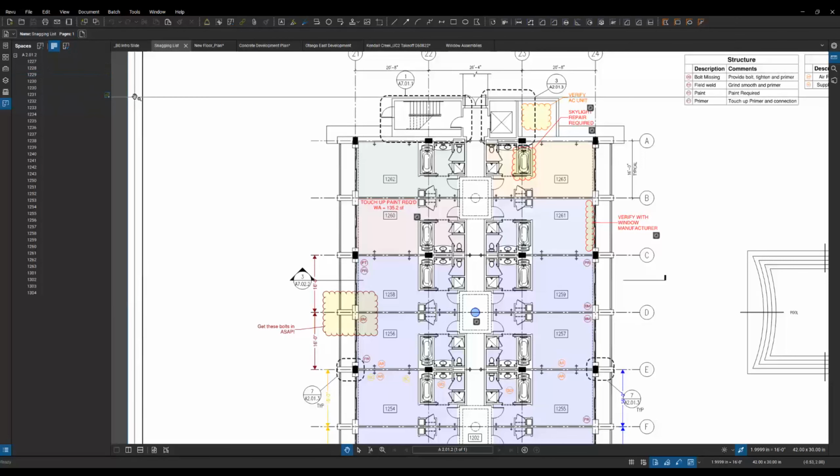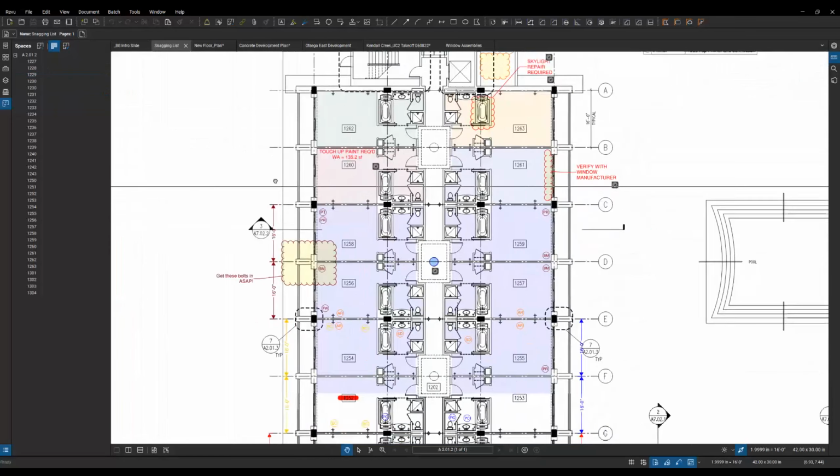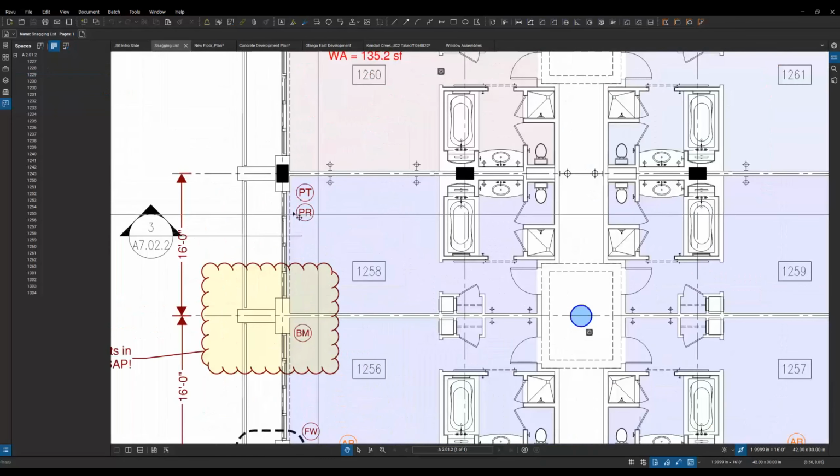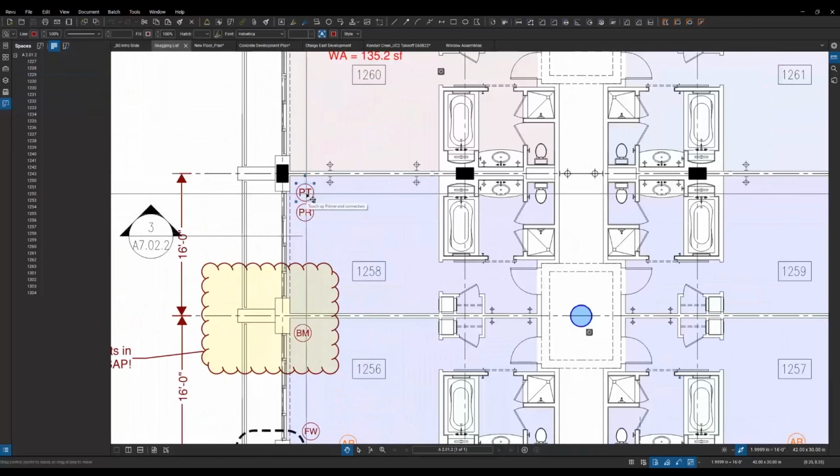What that allows me to do is when I place markups in each of these rooms, like these for example, it's going to tell me what room it belongs in. So if we look at the markups list down here,